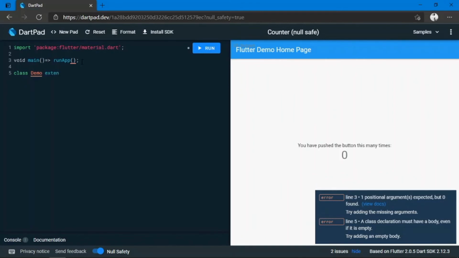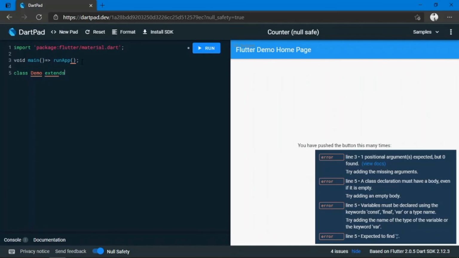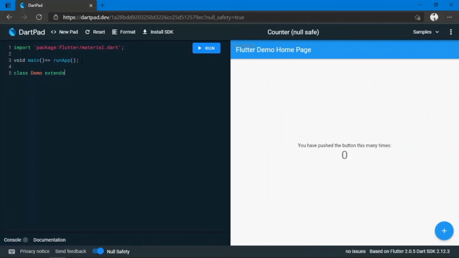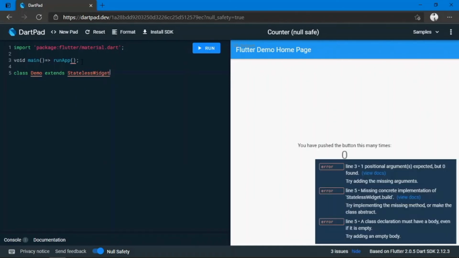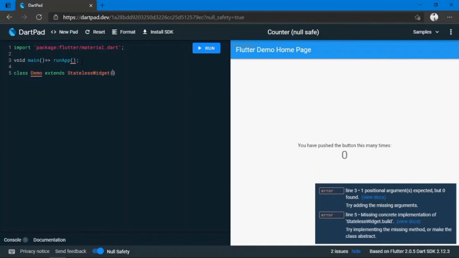Demo will extend, what will it extend? It will extend a stateless widget. Okay, there are some errors, no need to worry.